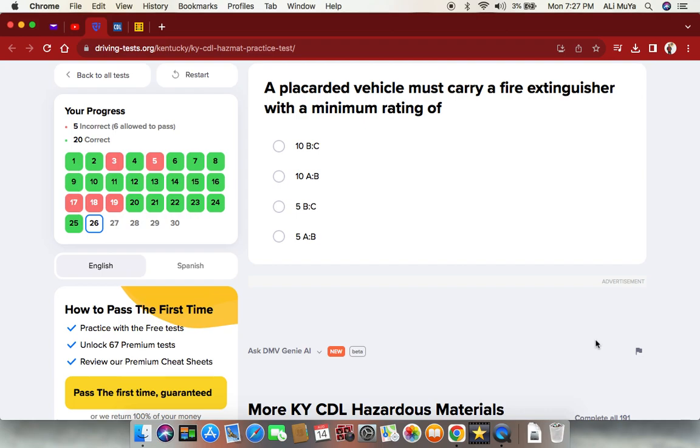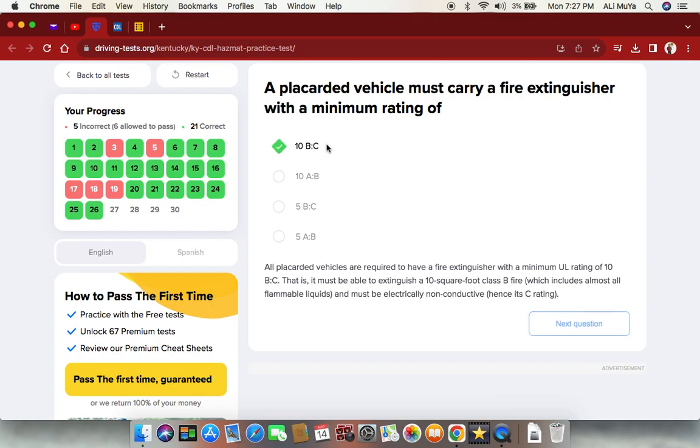A placarded vehicle must carry a fire extinguisher with a minimum rating of, it's similar to all trucking, so technically the answer here is 10 BC, which is what we're looking for. Option 2, 10 AB, is incorrect, we don't need that, or 5 BC or 5 AB. So we know the answer is 10, mainly because all placarded vehicles are required to have a fire extinguisher with a minimum UL rating of 10